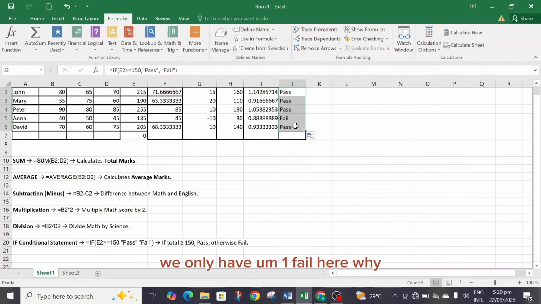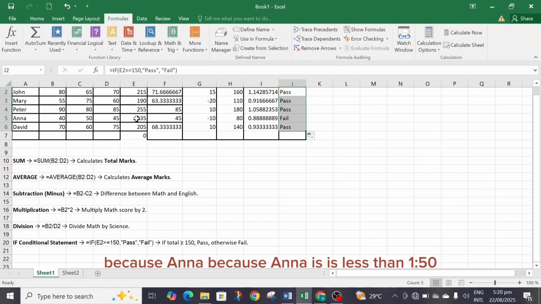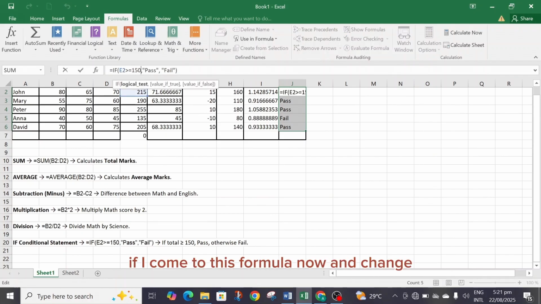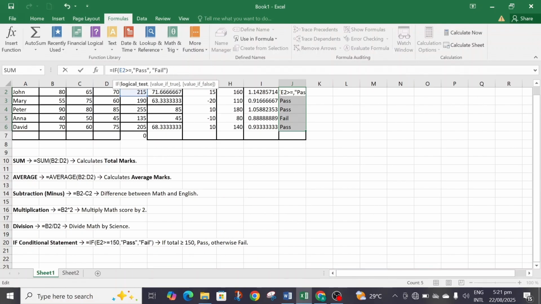one fail here. Why? Because Anna is less than 150. So that's why we have fail for Anna, because Anna is 135 and we are talking of 150. So if I come to this formula now, this is the formula. If I come to this formula now and change, I'm in the formula bar, change this to, let me say 130. Good. If I change to 130 and click enter,